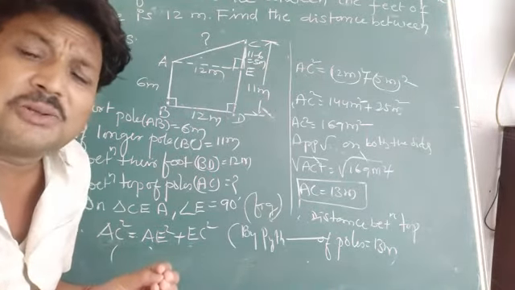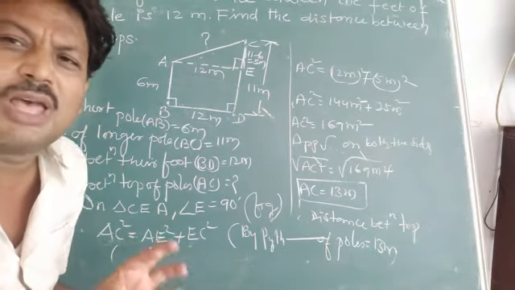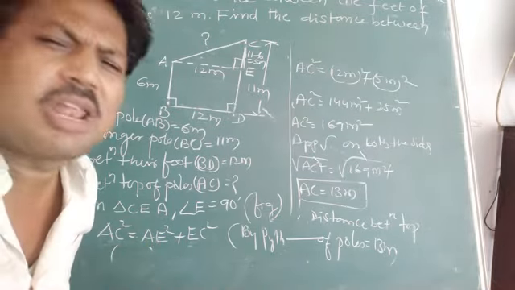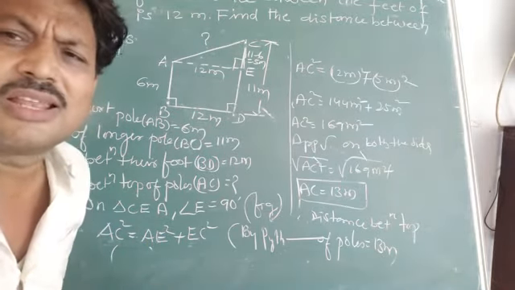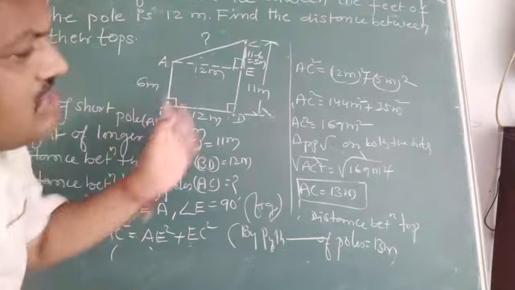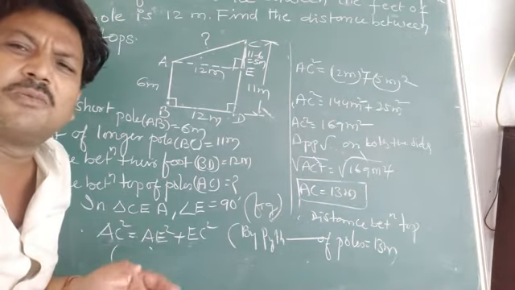Children, as I have told previously, the questions based on Pythagoras theorem, other than somewhat proofs, that is problem based, are very simple. Nothing is there. Yes, 1-2 questions where you have to prove, there you have to use your IQ, otherwise the rest of the questions are just like lollipop. Okay children, hope you enjoyed this class.